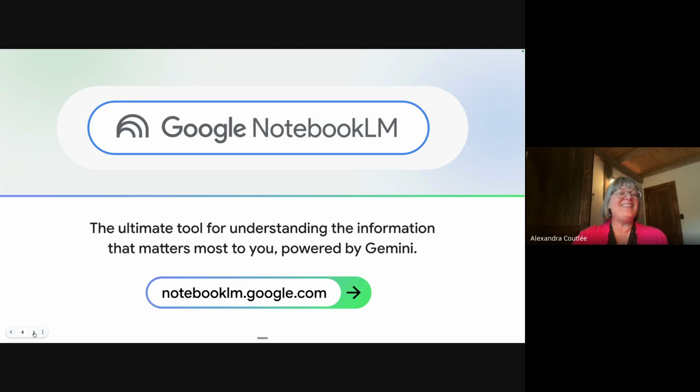So NotebookLM is basically your tool to deal with your own information. And that's why I love it so much. Gemini is a wonderful tool, very creative, looks through everything it can look through. NotebookLM looks through your sources. I like to explain it this way, where Gemini is kind of like a telescope. It has access to space and the universe and can look at everything.